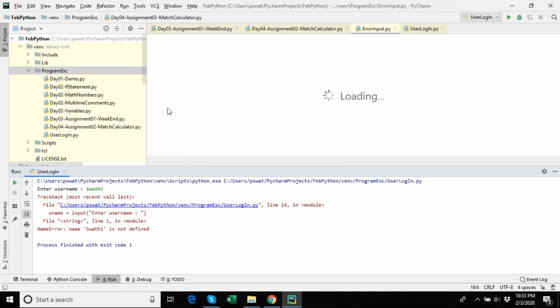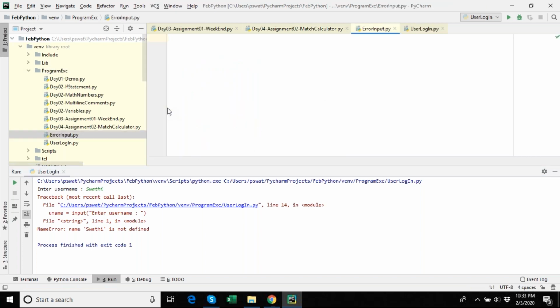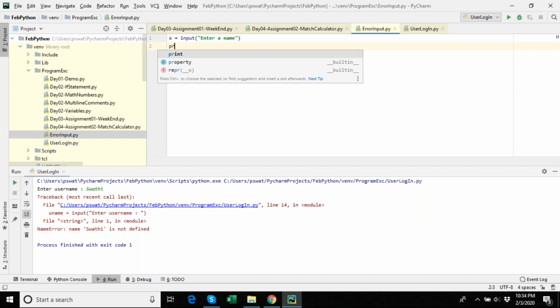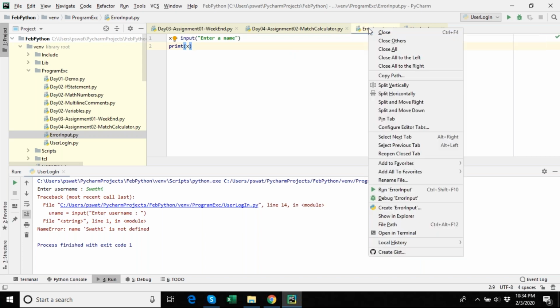Okay, let's say that's the name. x equals input, enter name, and x. So that's it, right? This should work. So let's try this code now.